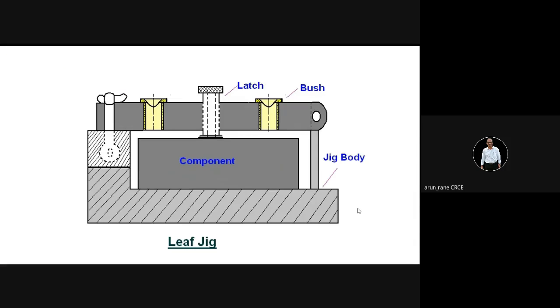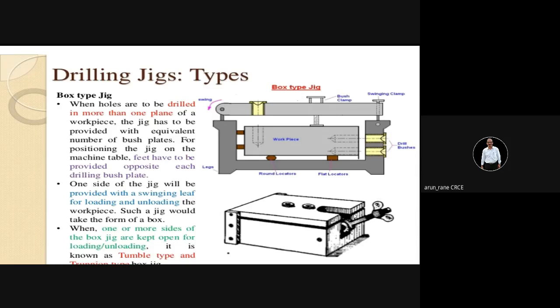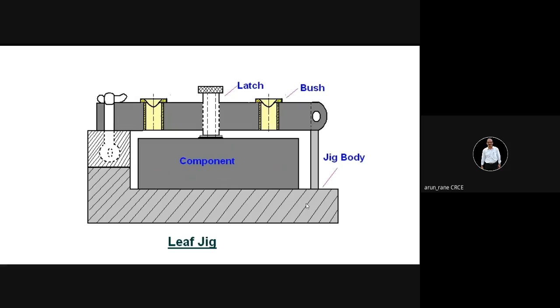Only the important jigs you have to study. This one is not that important. This slide is a lift type of jig. This behaves like a lift. That's why it is called the lift type of jig. And here it can be used for drilling two holes. This is what is called the bush, and the bush is hardened.